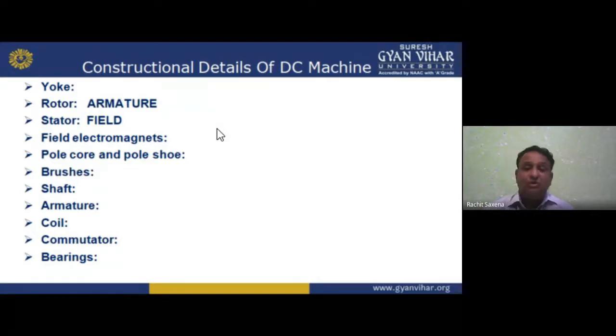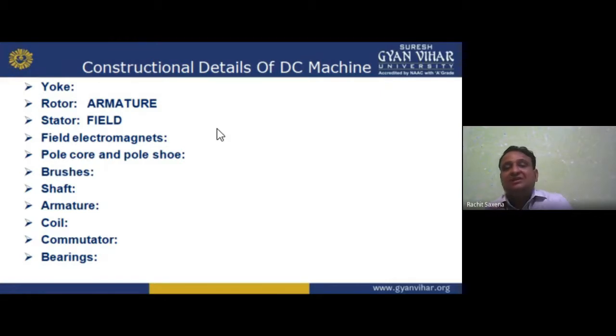Why is it so? Because, my dear student, I gave you the analogy between reluctance and resistance. Reluctance is a magnetic material property, and resistance is an electrical material property. The thing is the same: resistance is inversely proportional to area. Area higher, resistance lower. Area lower, resistance higher. Similarly, if area is higher, reluctance is lower, and if reluctance is higher, then area is lower.